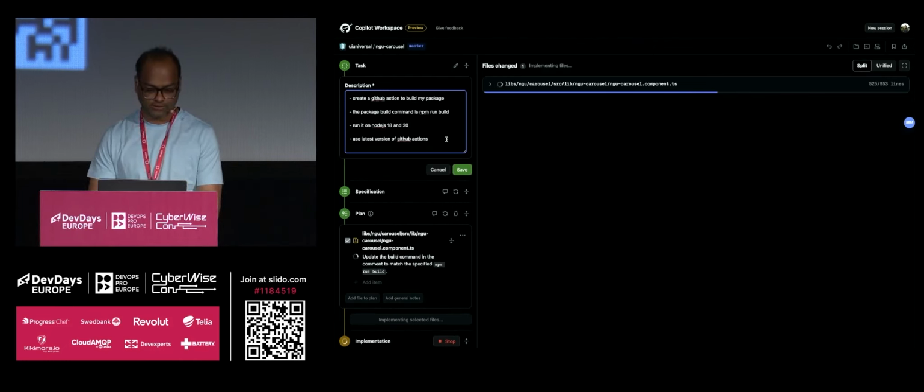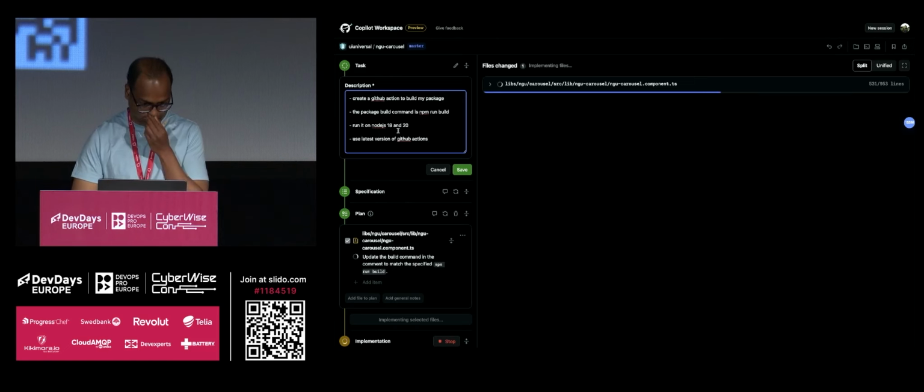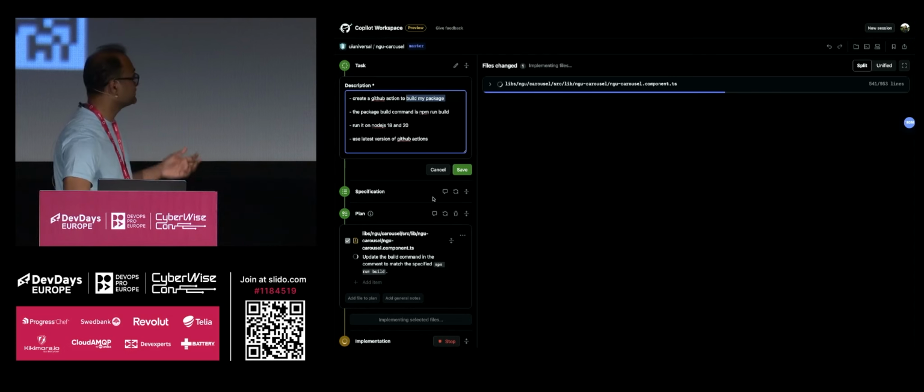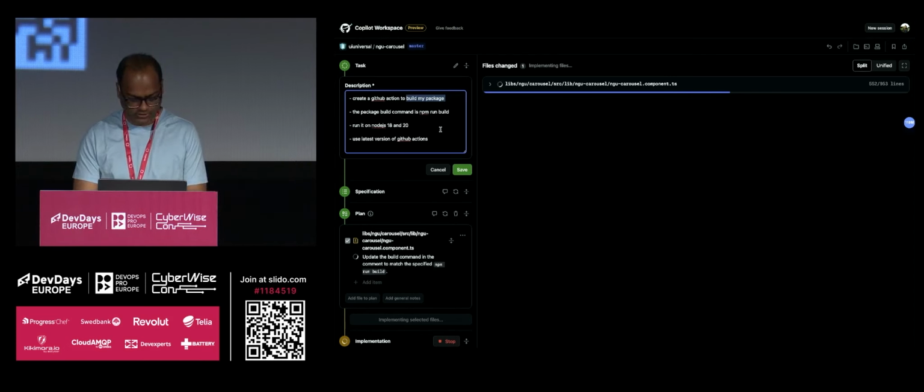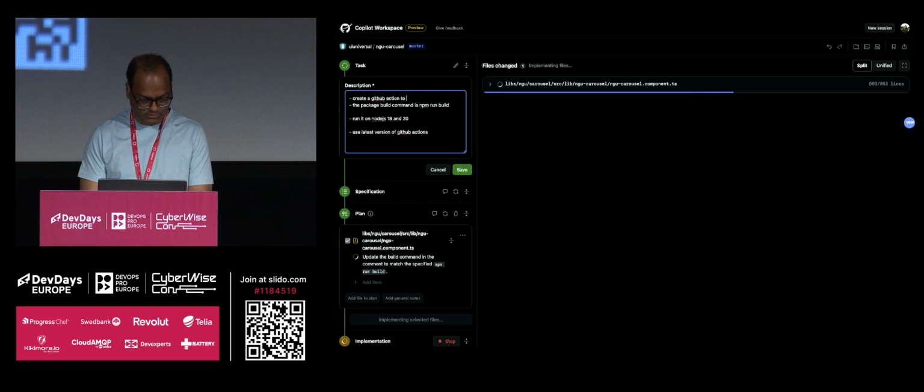So let's define something which doesn't exist. As I said, the build task already exists, so that's why it's just updating the command and nothing else. But let's create a new workflow, right? Just to make a single line command change or comment change.